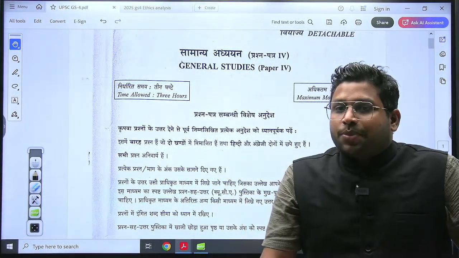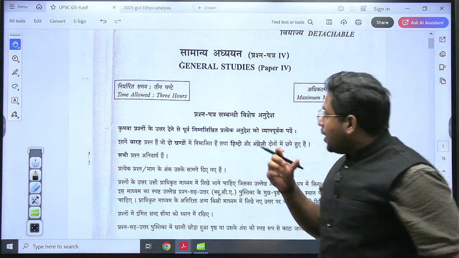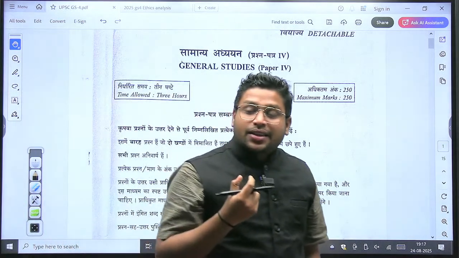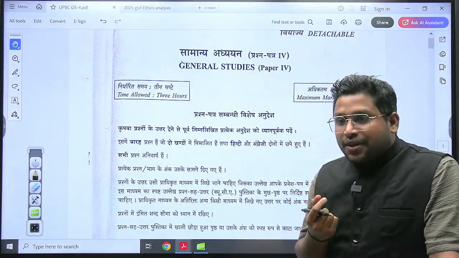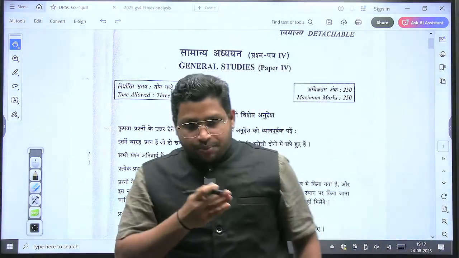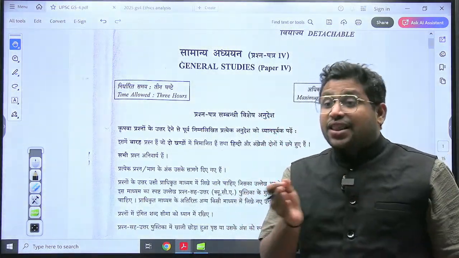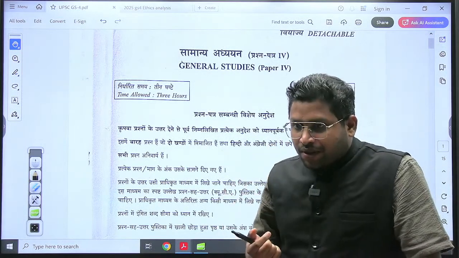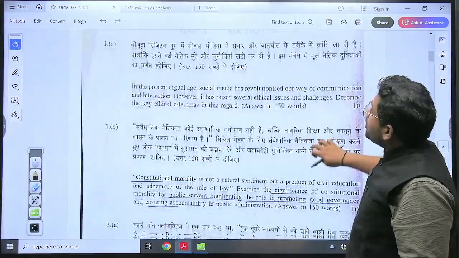So this GS paper 4, which is conducted right now, we are just analyzing the paper, what exactly they are looking for or what exactly they are expecting from the candidates when this ethics paper is being conducted. There is a trend from 2013 onwards they have been conducting this paper, and if you observe the trend in the last 2-3 years, they are repeating the same kinds of questions. Okay, now for example, if we start with question number 1,